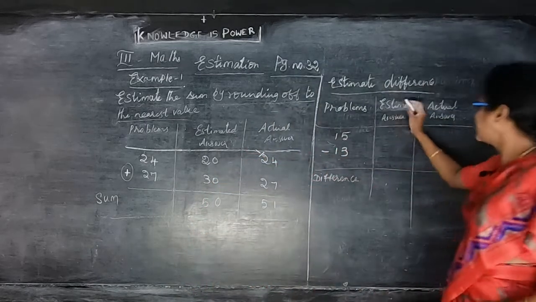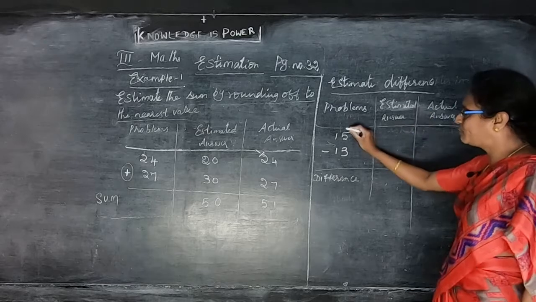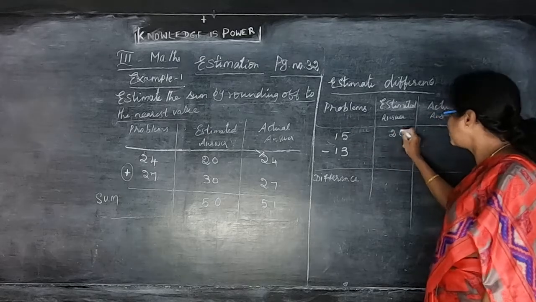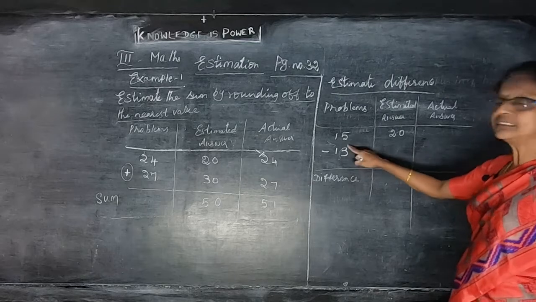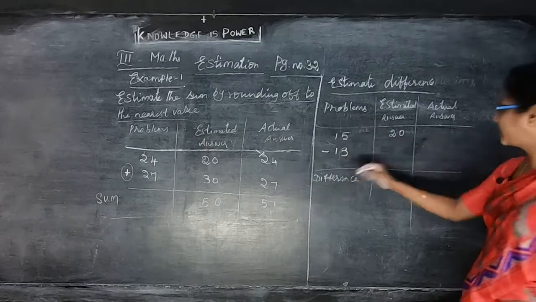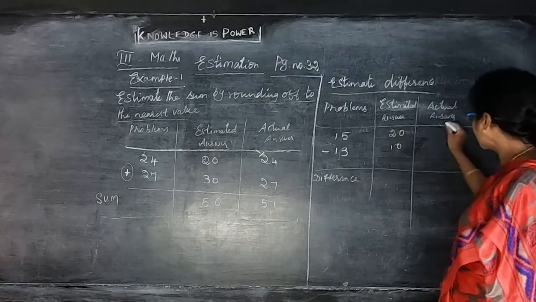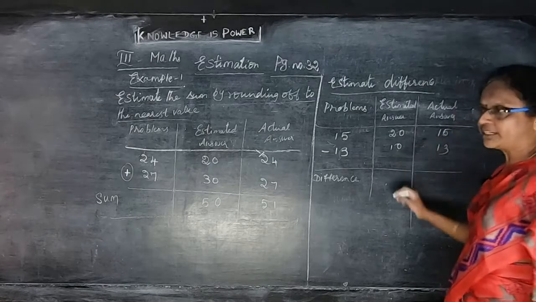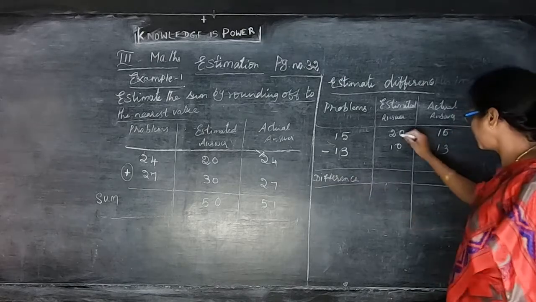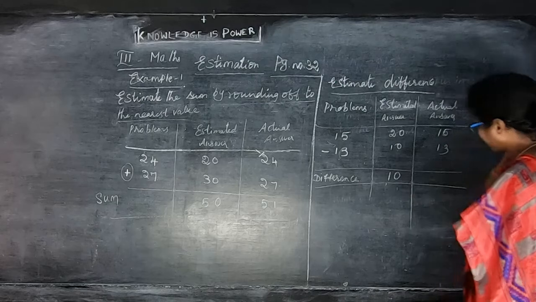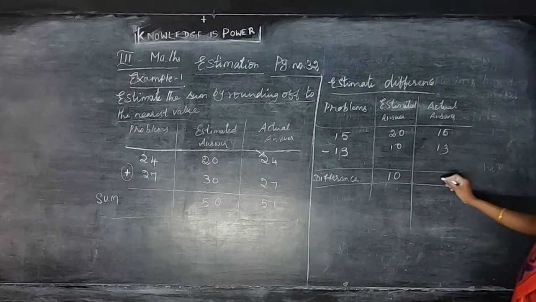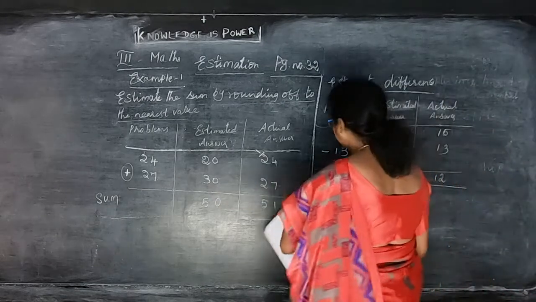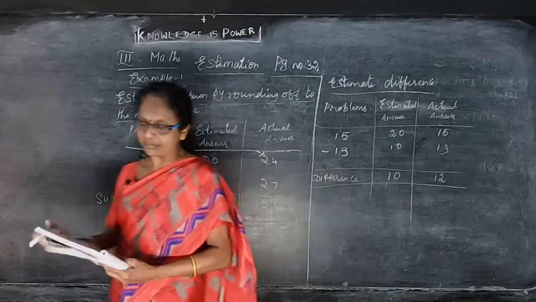So estimated answer is what? 15. So 5னு இருக்கதால right side-ல இருக்க tens வரும், that gives you 20, and 13, 5க்கு கீழ இருக்கதால you have to move on to the left side of the tens, that gives you the 10. So actual number is 15 and this is 13. So இதை வந்து நீங்கள் minus பண்ணணும். So minus it, 20 minus 10 that gives you the 10, and 15 minus 13 that gives you 2. So this is the add na add பண்ணுங்க. Difference means you have to subtract it.